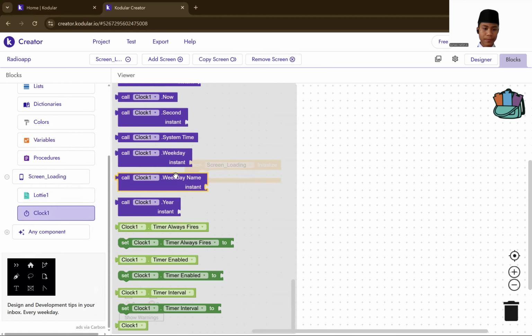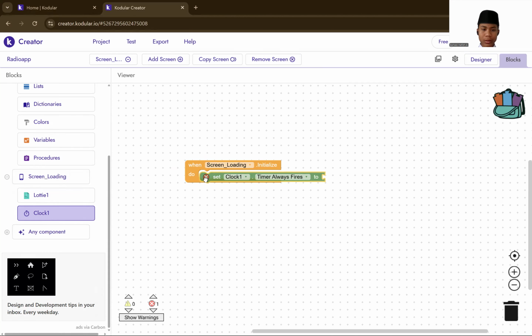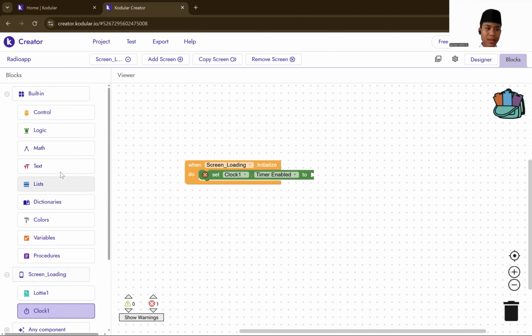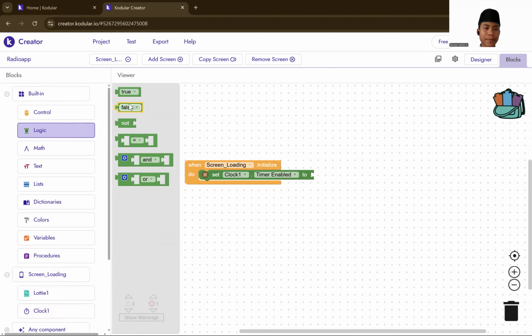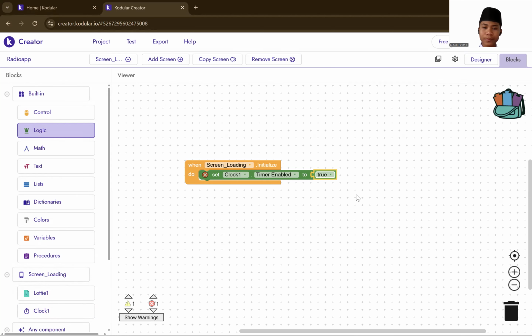You go to clock, then you take the name is set clock. This, then you rename it set clock timer enable. Okay, and then in logic, you take true.